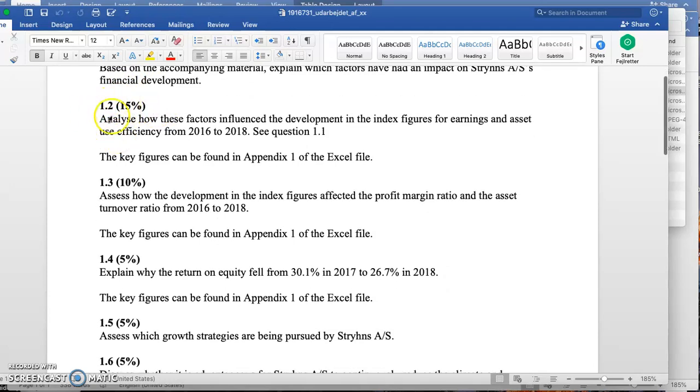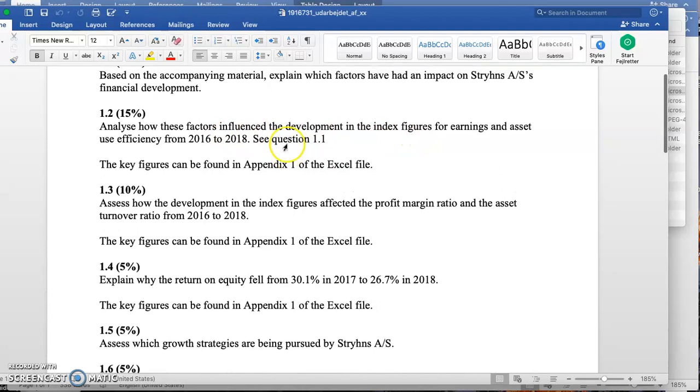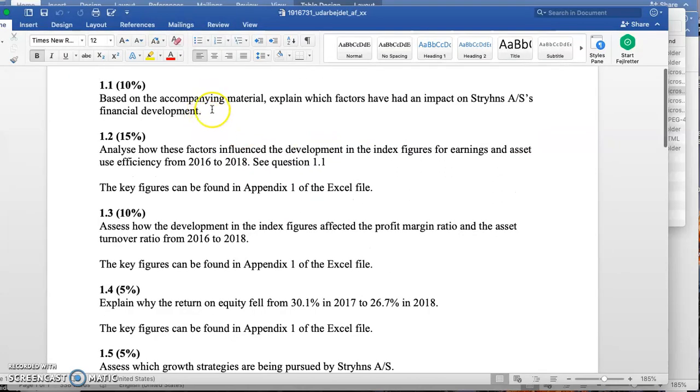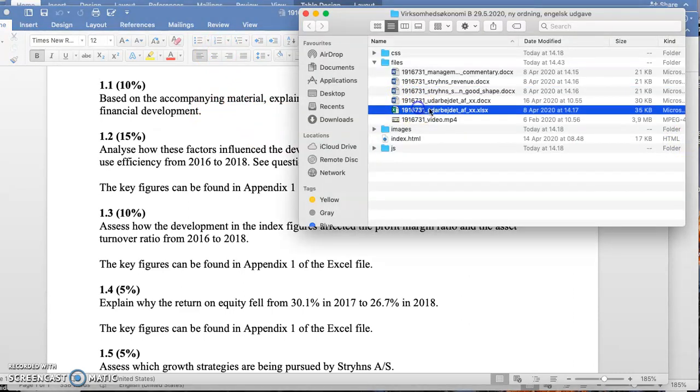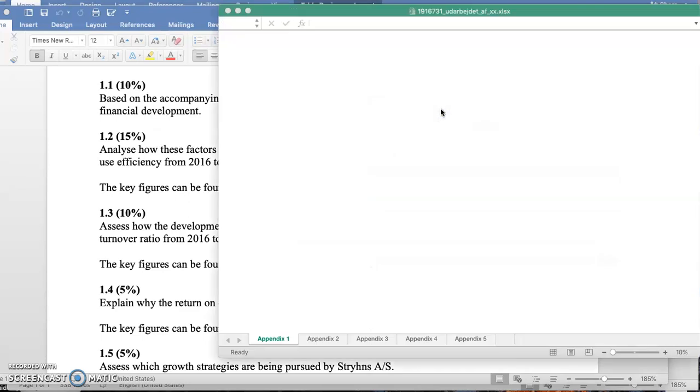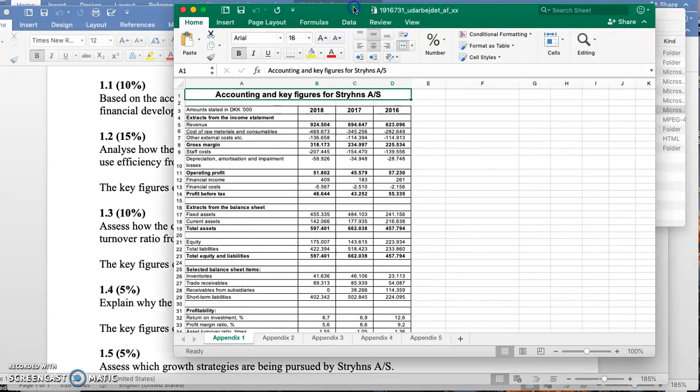1.2, 15%. Here you have to analyze how these factors influence the development in index figures for the earning and asset use efficiency from 2016 to 18. Here you need to, of course, use the knowledge obtained in 1.1. Also, you need to open the Excel doc here,